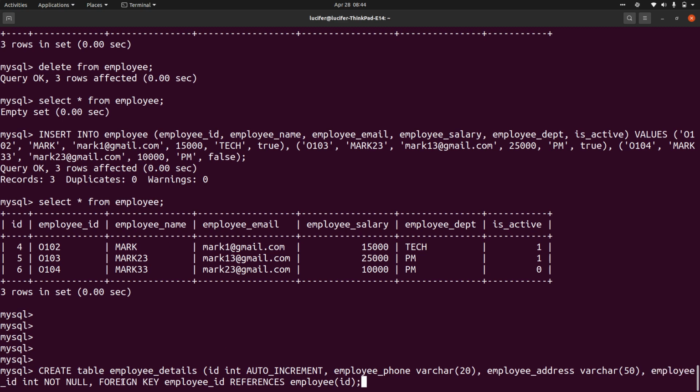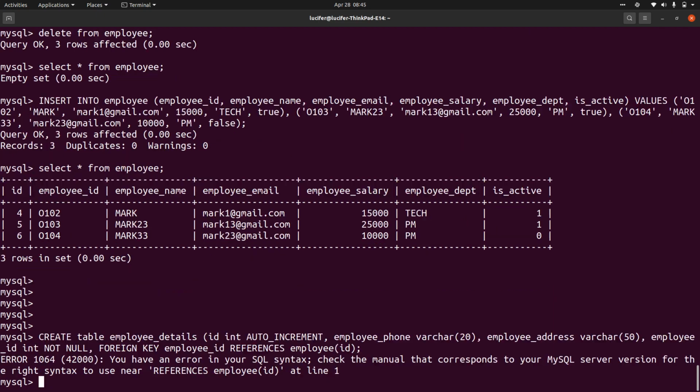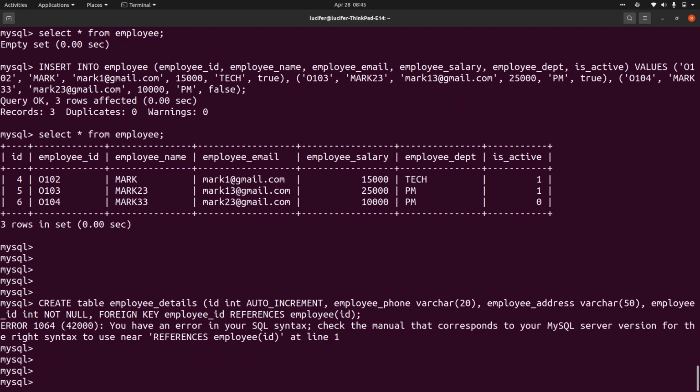So we are adding the foreign key to employee ID, creating a relationship between these ID values. If you can do this. Okay, there is some syntax error, let me check.